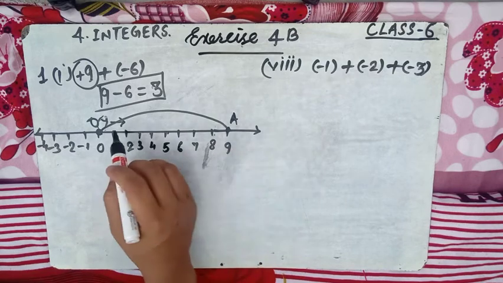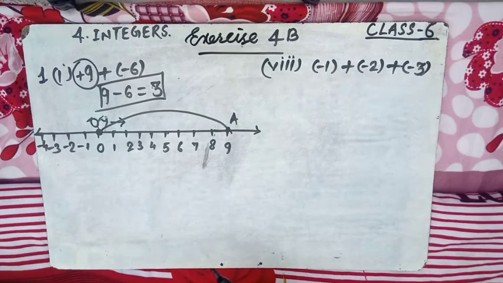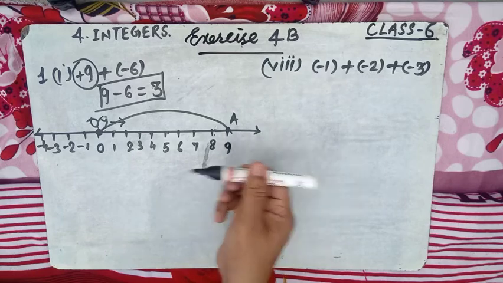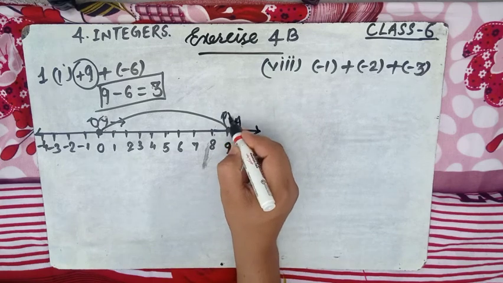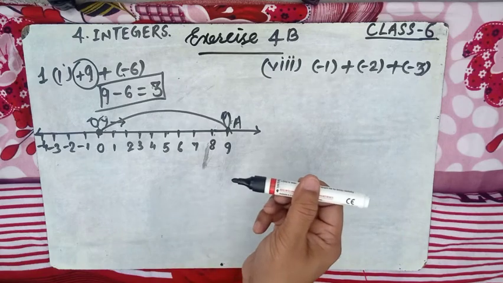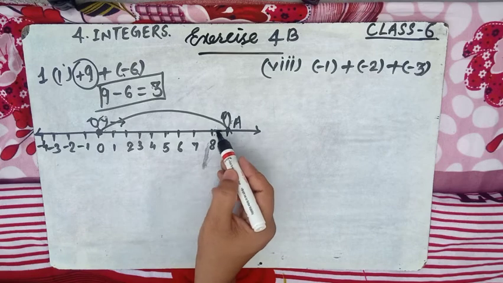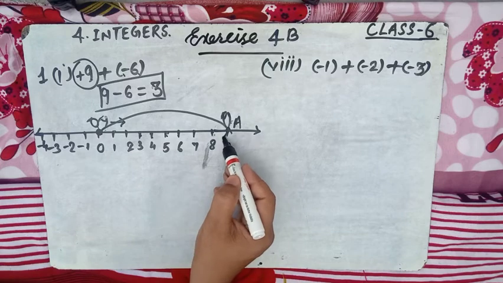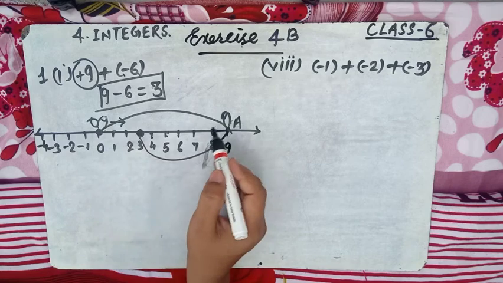Now once again, plus minus 6. The minus 6 indicates we will move in the opposite direction of right. Now we are standing here at A, and we will move towards the left side. Why left? Because here is the minus sign. How many steps? Here it is 6, so 6 steps: 1, 2, 3, 4, 5, 6, that means here. So this is your final result. Suppose we started at O, went to A, and this point is C.